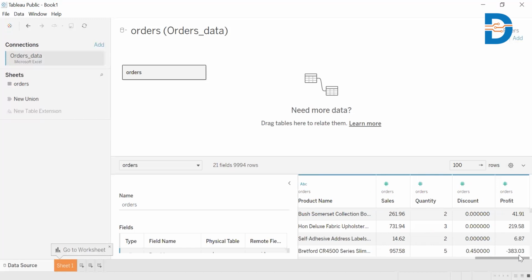What this data set is all about is the orders made on different products to different regions. We have sales analysis, profit analysis, and so on in the data set. We have products and subcategories of those products, how much sales it is making, what is the profit it is making. Every piece of information we have in this orders data.